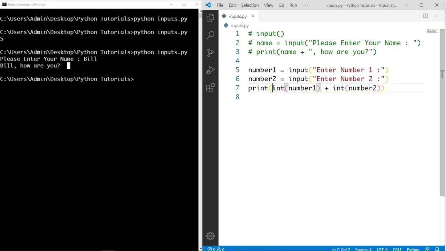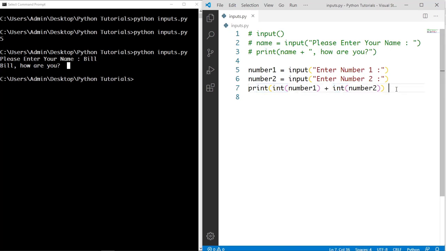But as you can see, we have this other function here, the int function. And that is because any piece of data that is passed to the input function is converted to a string. Now, you cannot pick two strings and add them. So what this particular int function is doing is, it is going to pick whatever data that is stored inside the number one variable, and it's going to convert it to an integer. Then this particular int function is also going to pick whatever piece of data that is stored in the second variable, and it is going to convert it to an integer. So when both values have been converted to integers, they are going to be added and then printed to the